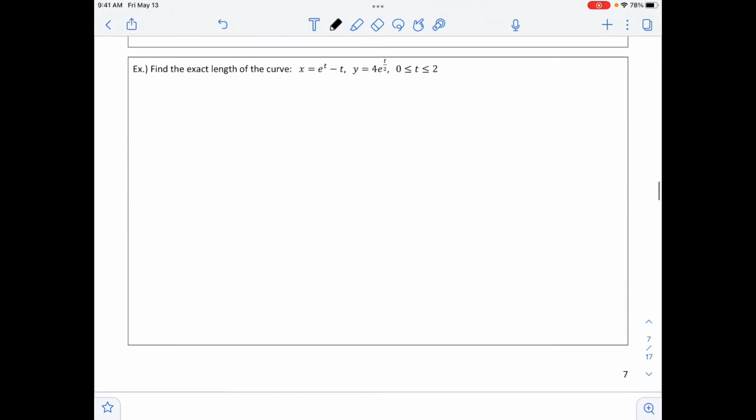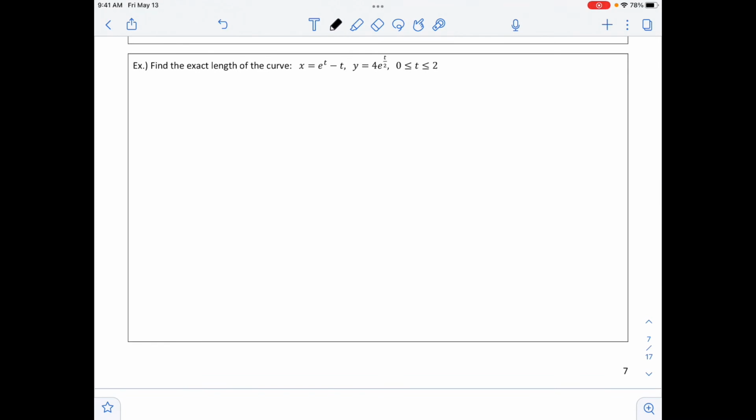The second example says, find the exact length of the curves x equals e to the t minus t, y equals 4e to the t over 2 for values of t between 0 and 2. So in order to do this, the first thing that we do need in the equation that's listed up above to find the arc length is going to be dx dt and dy dt. So dx dt is going to be e to the t minus 1, and dy dt is